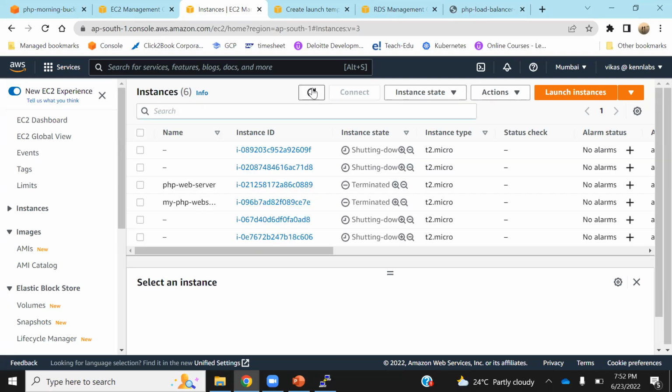It is the work of the auto scaling group to check how many instances are healthy. Okay, so it all got terminated. Now all the machines are terminated. See the count here, 6. All the 6 are terminated. Now my auto scaling group